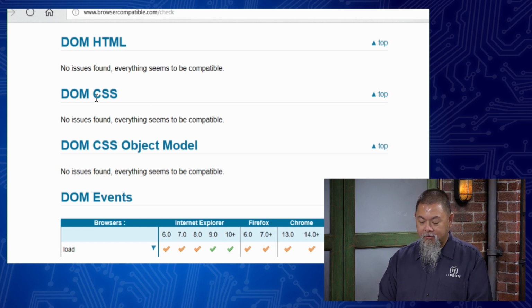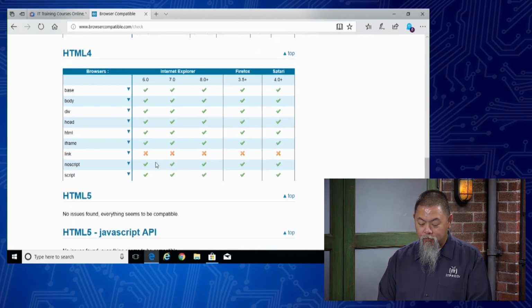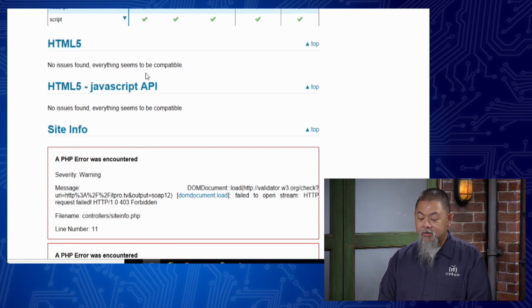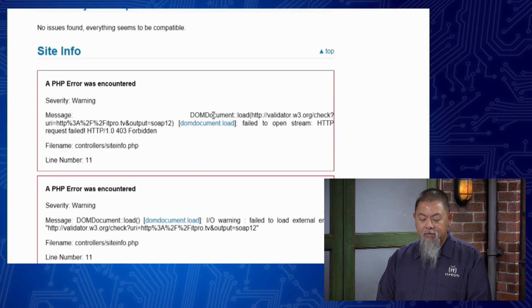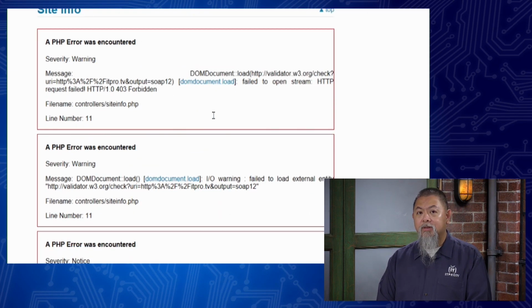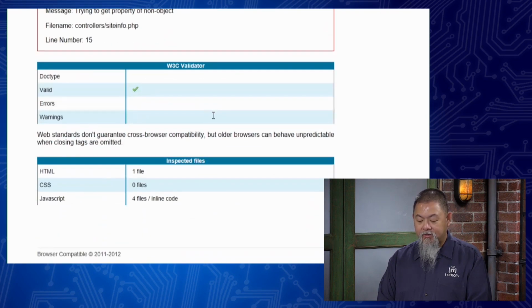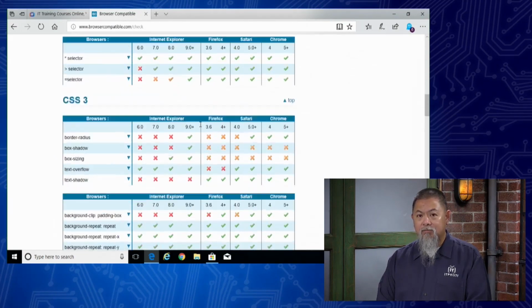No issues found on these things on the DOMs here. And as you continue on HTML4, look, it seems like for our site, no issues on HTML5, which is probably one that we really are wanting to make sure that we get into. And then from that point, if there's other errors, this is where the developer can use these to help track down some of the different things that are actually out there for us. But it all depends on what your site needs to be compatible.